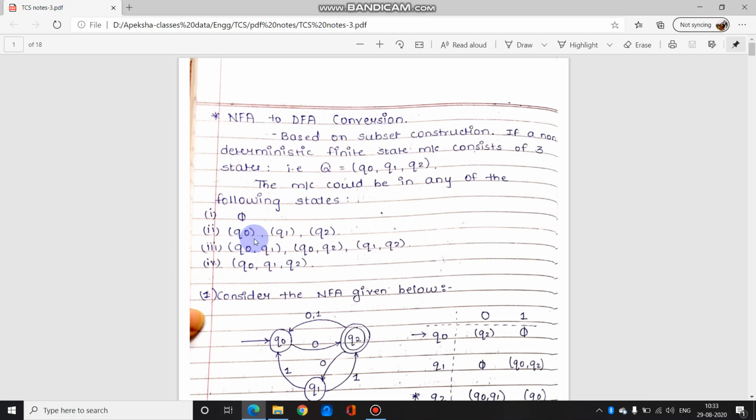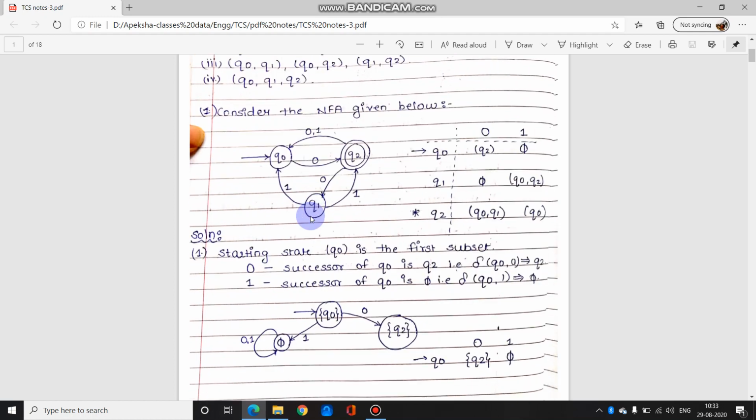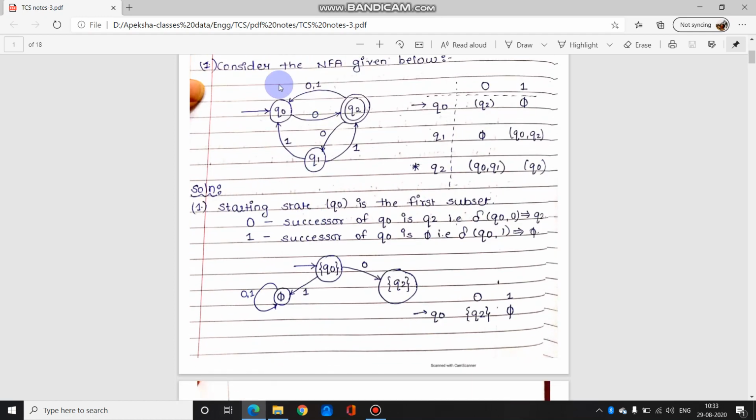यानी एक state को process करके हमें जो subset मिलेगा, that subset we will be processing further to discover the new states that will help us to get the final DFA converted. So NFA to DFA का conversion का steps यही है. You'll understand it more clearly when we solve this example. यहाँ पे दिया देखो, consider the following NFA given below. एक NFA दिया हुआ है. Now this is the only diagram. From this diagram you have to take out the transition table. अगर टेबल दिया है तो well and good. If not then diagram से ही indicate होता है, तो ये आपको खुद बनाना है.